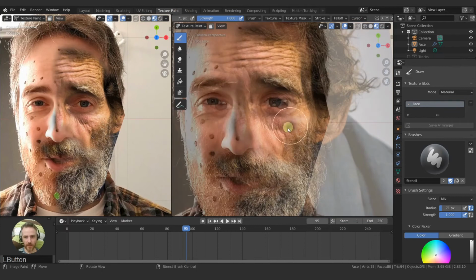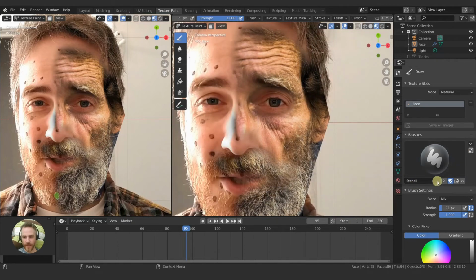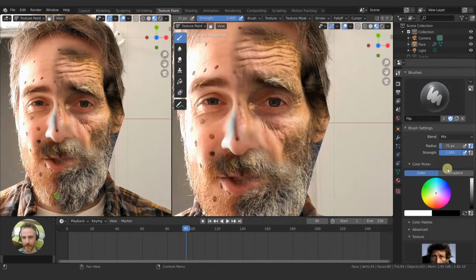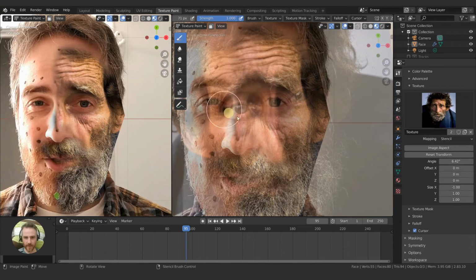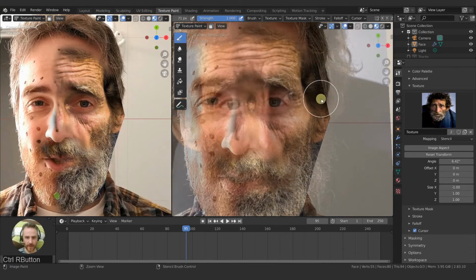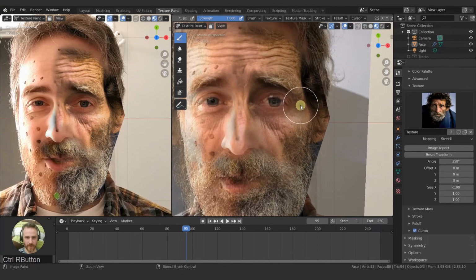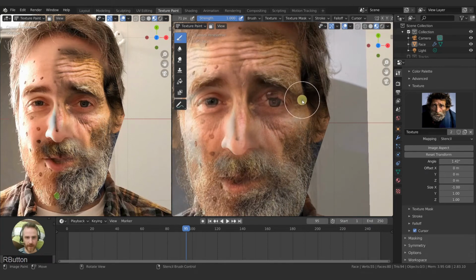So let's go back to texture paint, but now I want to flip this picture so we're painting the light side on this side as well. And for this, I'm actually going to duplicate the stencil. So we're going to duplicate the stencil and then we'll put flip just for sake of ease. And I'm going to come down here and change the size of the X to -1, and that does the flip. But then of course we'll have to adjust it here and rotate it to fit this side of the